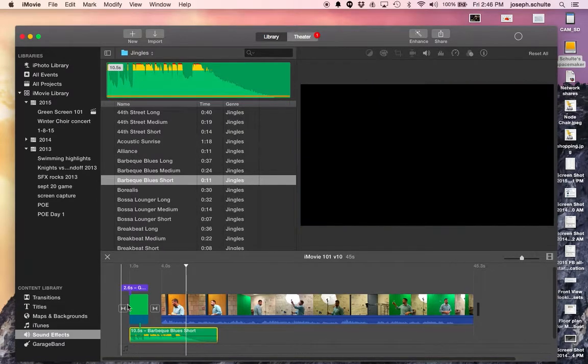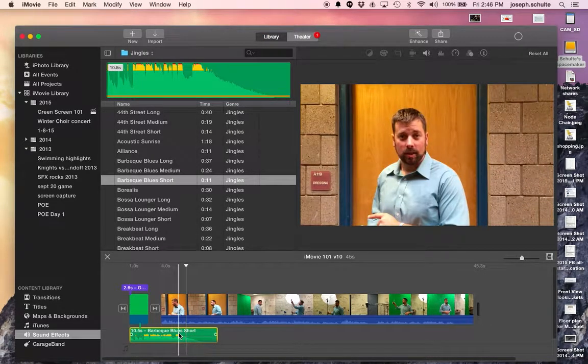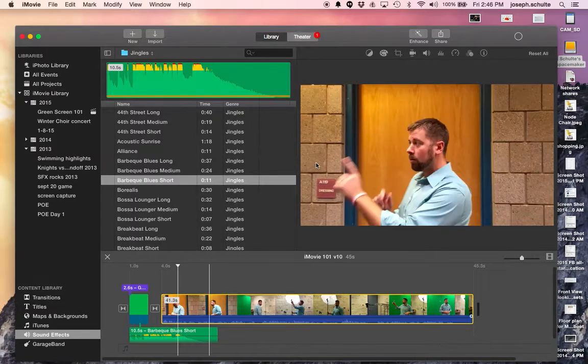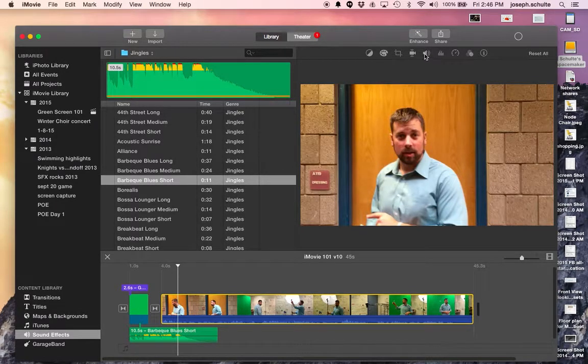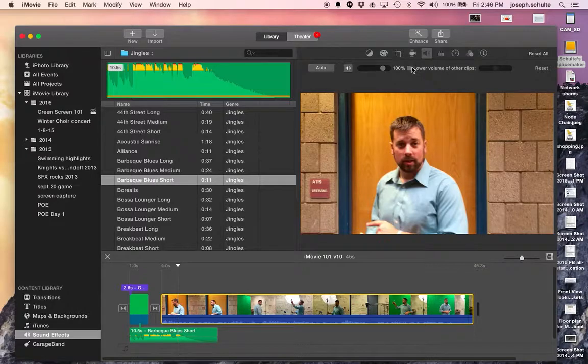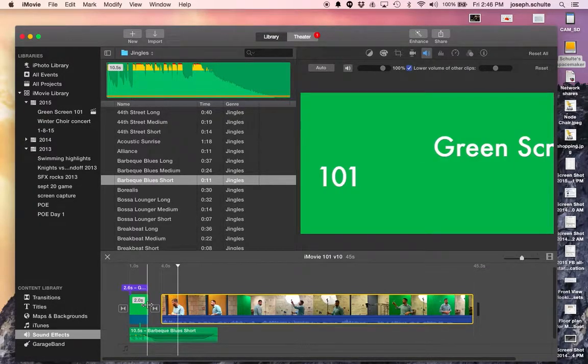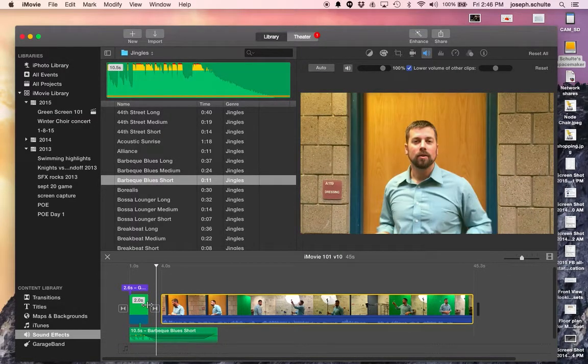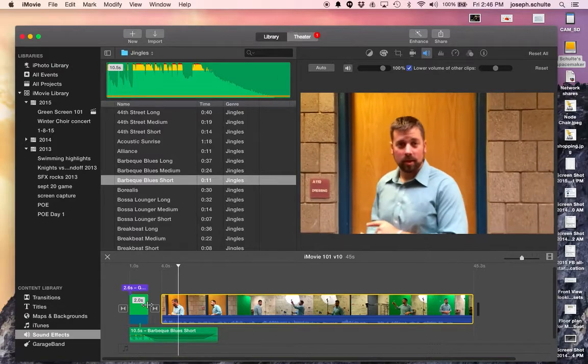Okay, great, except I want that to drop out as I start speaking. So I'm going to select this video clip, and I go up here to the audio icon, and I'm going to choose lower volume of other clips. That's called audio ducking, and it's actually a complex, kind of an advanced level skill. So we are by one of the dressing rooms in the choir